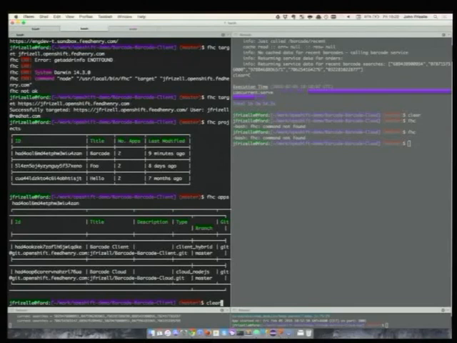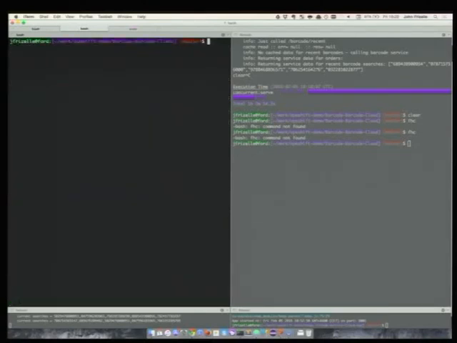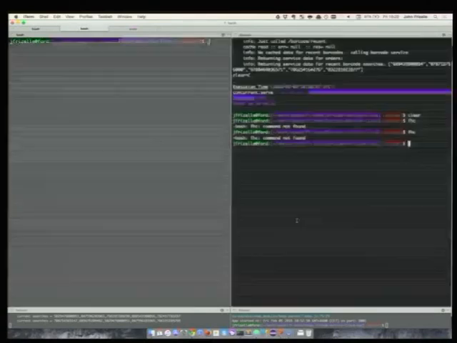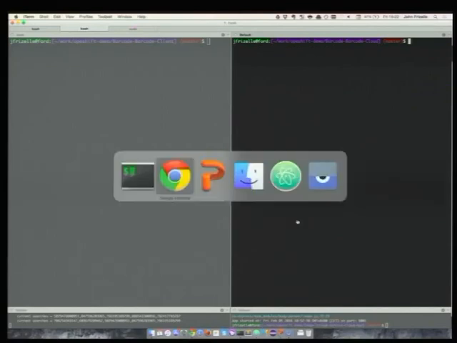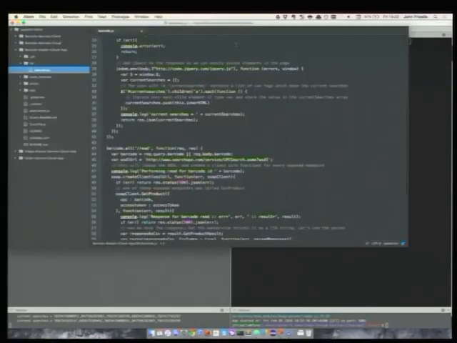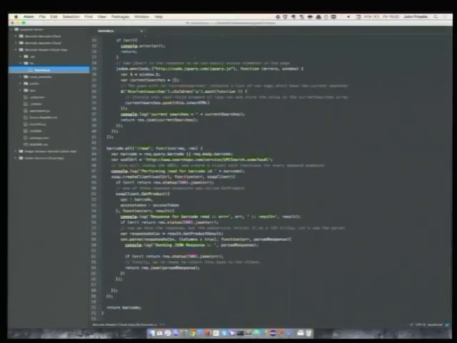I already have cloned the applications, so the client application, the guy in the middle, and the 3 services, I have them all cloned and open in Atom here. So I just want to quickly take a look at a little bit of the code that I was talking about earlier on.